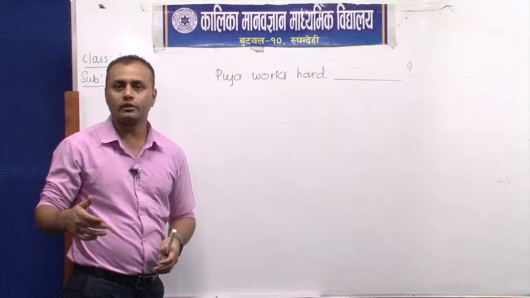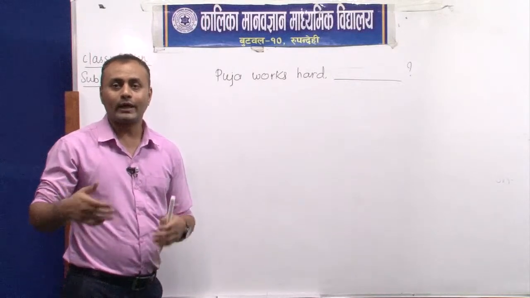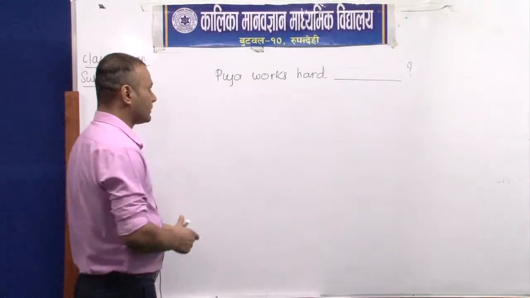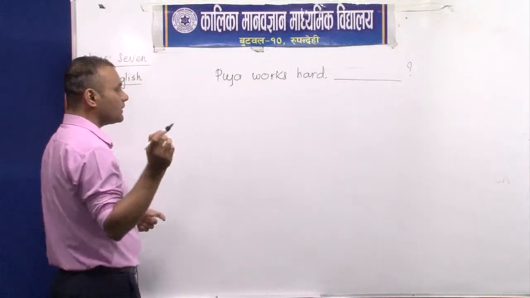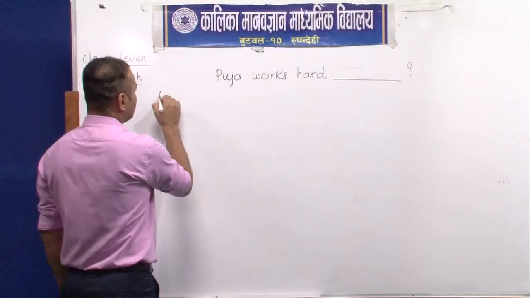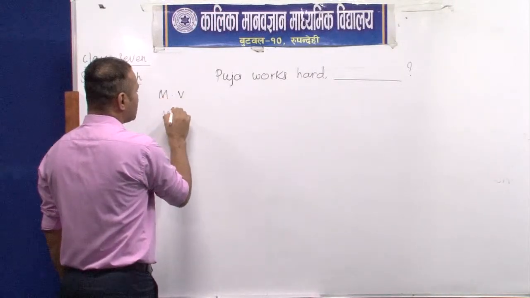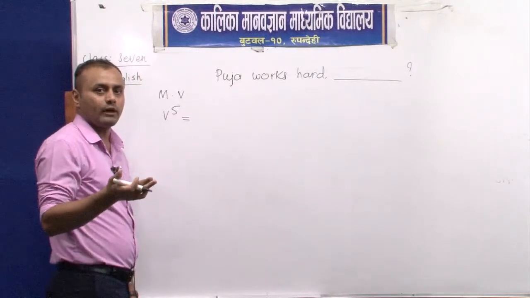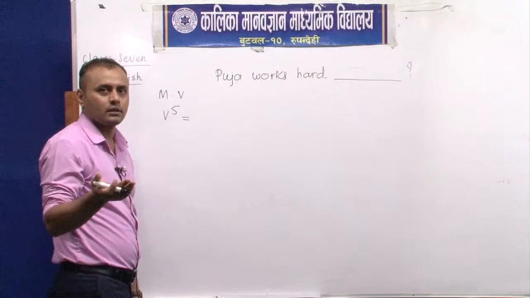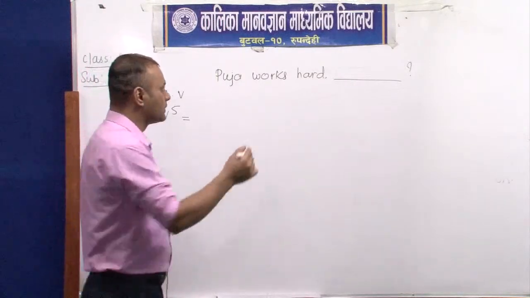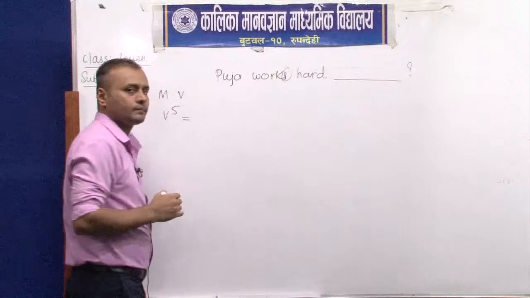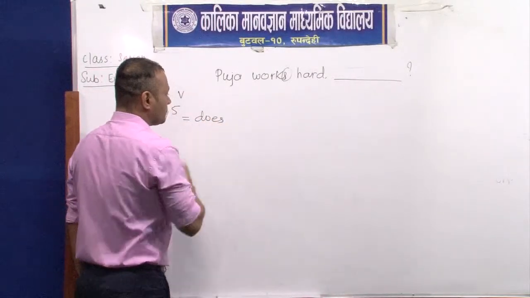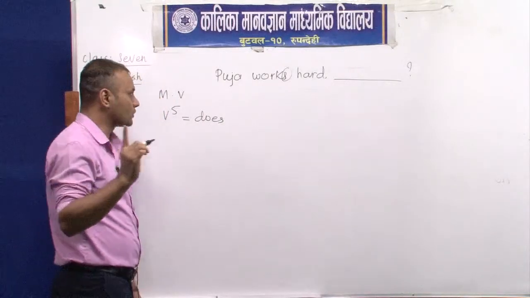If there is no auxiliary verb in a sentence, how can we find out the appropriate kind of tag? There is one basic formula, and that formula is this one. If your main verb is verb 5, meaning with suffix s or es, like this, at that time we use does. All of you focus, in the case of the main verb,